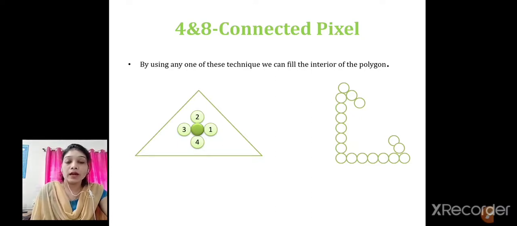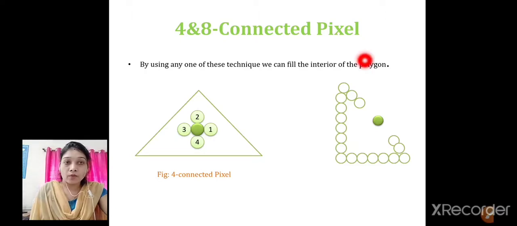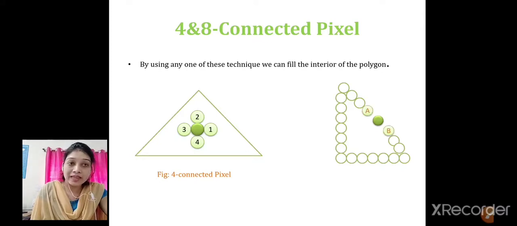But whenever we have to cover the edges of a polygon, in figure number 2 you can see in the next figure, if I want to cover this edge of the polygon with diagonal pixels, you can see here these are the diagonal pixels. Whenever I want to fill these diagonal pixels, there is an absence of diagonal pixels in 4 connected coloring, right? So we don't have these diagonal pixels A and B. These pixels will get missed while coloring or filling the interior of the polygon.